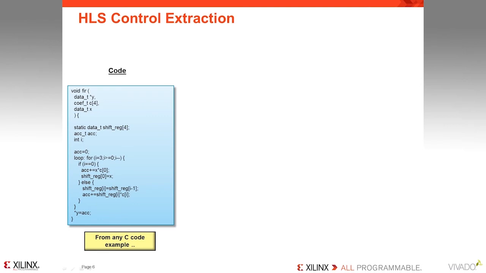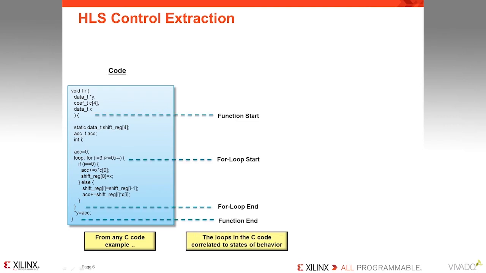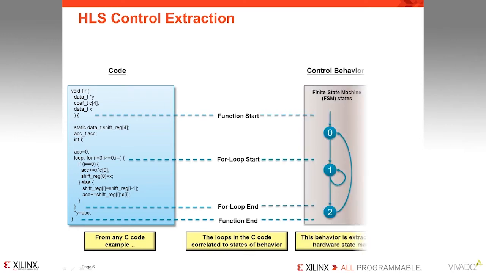Now if we look at this filter, we'll see that it does have a number of loops. Here we can see at the top we have the start of the function and the end of the function, which itself is an infinite loop. And we have the start of a for loop and the end of a for loop. Vivado HLS can extract this information, and from this it can construct a state machine for this design. So that if you were building this as an RTL engineer, you would build a state machine where it comes in, you do a basic operation, you then go into the for loop, you go around multiple times, come out of the for loop, write the result, and then go back to the start of the design. So as you can see, if you look at this C code, you can see how Vivado HLS can extract